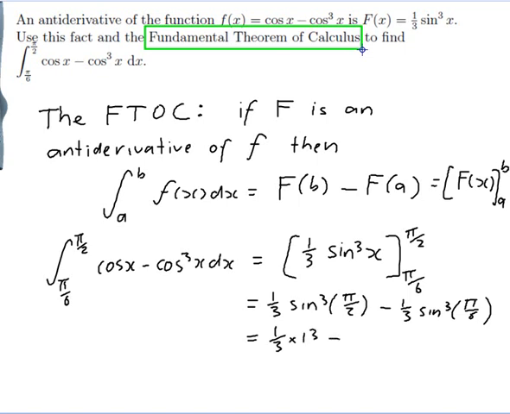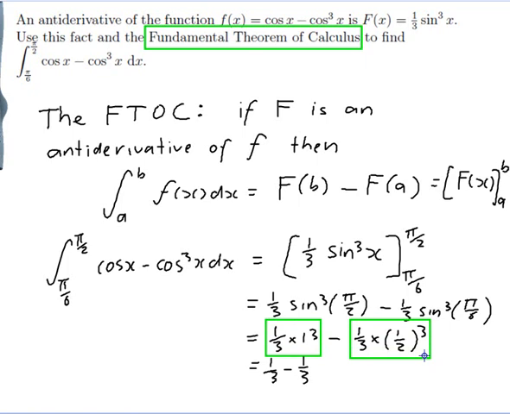And sine of pi on 6 is a half, so that would be a third times a half cubed. So I've got a third times 1 cubed, which is just a third, minus a third times a half cubed, which is a third times an eighth. So that's a third minus a third times an eighth,